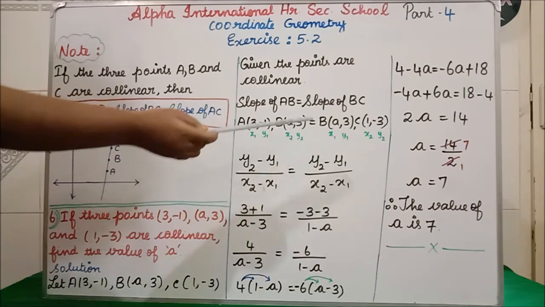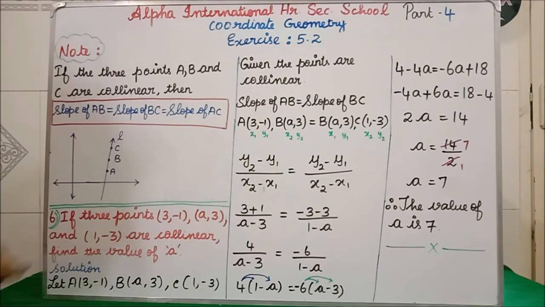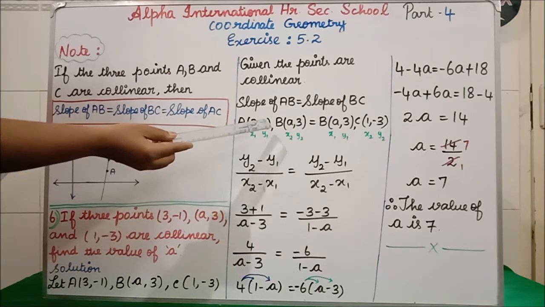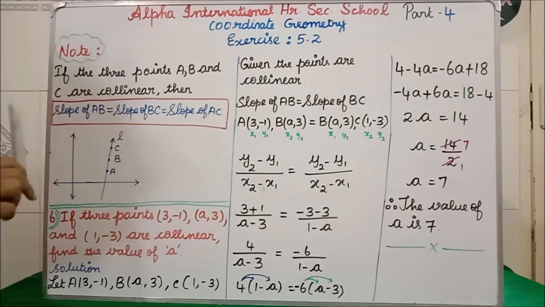Sorry, x2 value minus x1 value is what? 3. So a minus 3. Clear? How I have written here plus, able to understand? Here in the formula we have minus 1, so minus minus will become plus. So I have written plus 1 equal to y2. What is our y2 on that side?